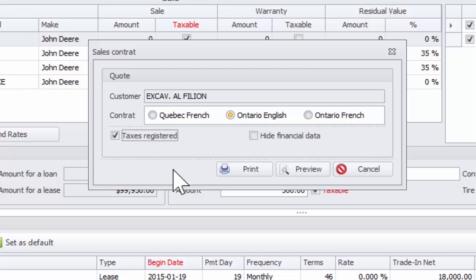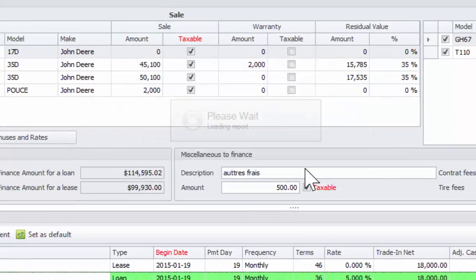Let's say any customer that buys, for example, a lawn tractor for himself and has no business, most of the time will be not registered to the taxes. And if I re-click it, for any other companies, for example, it has to be registered to the tax most of the time. And then if I click preview,